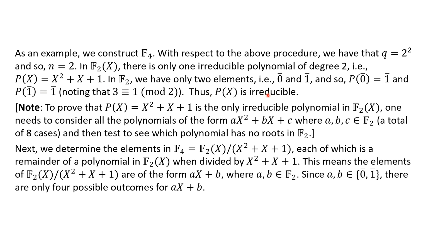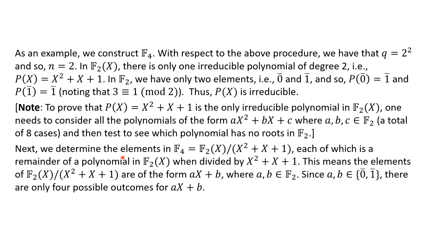Thus, p of x is irreducible. To prove p of x equals x squared plus x plus 1 is the only irreducible polynomial in F2 of x, we can do it by exhaustion since there's only 8 possibilities. If we take the general form here of a second degree polynomial in F2, then a is 0, 1, b is 0, 1, and c is 0, 1. And then we can just test each one, and you'll see that this is the only one that's